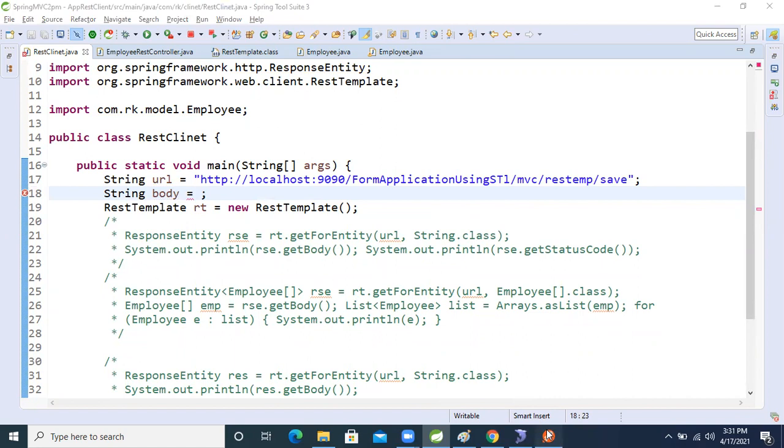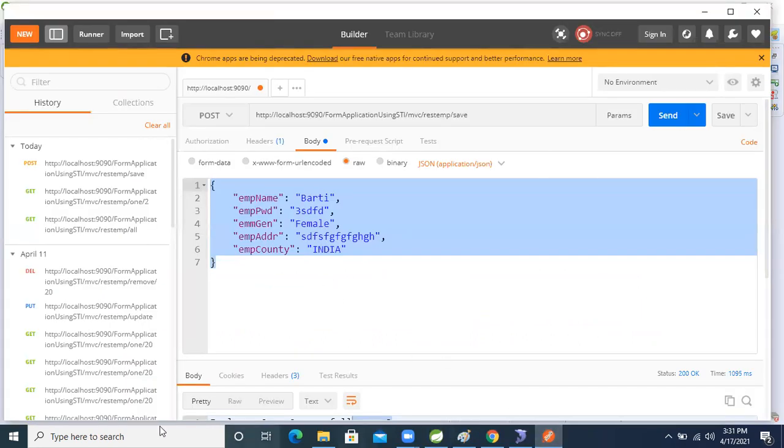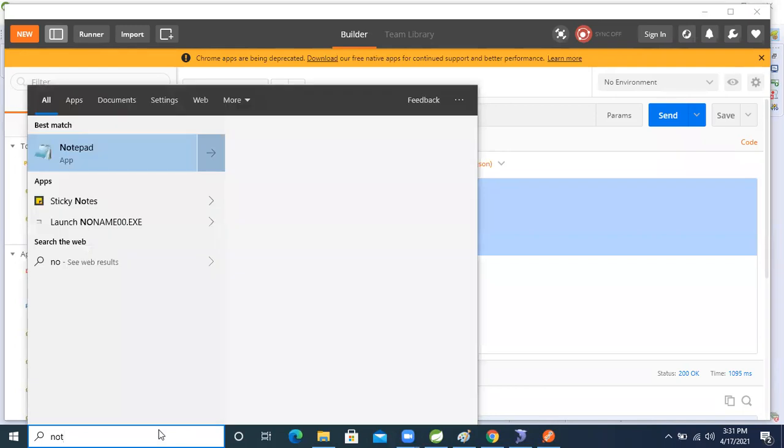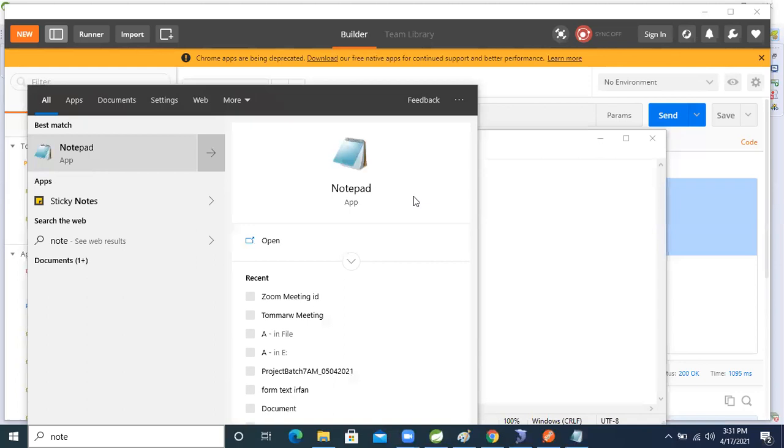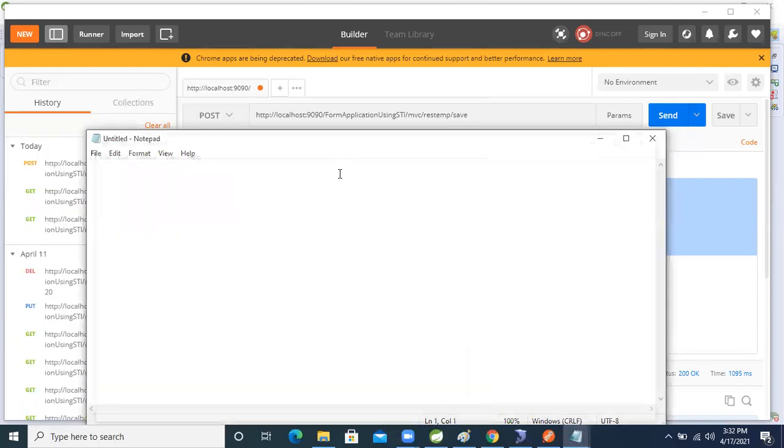So what I will do now is first copy from here to Notepad. Okay, this is the data.